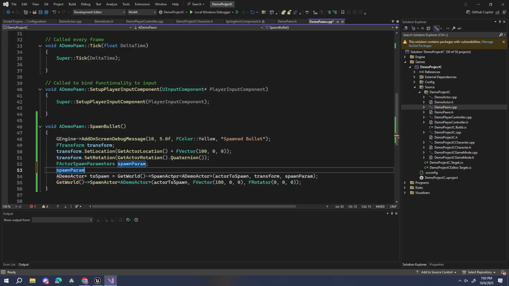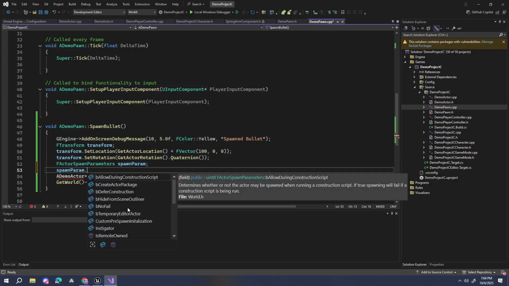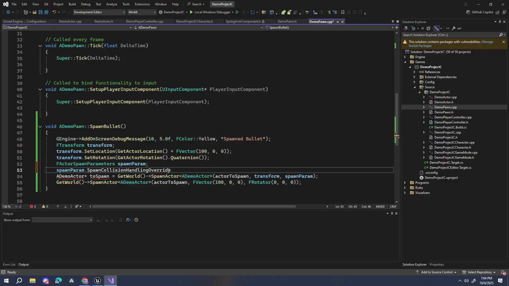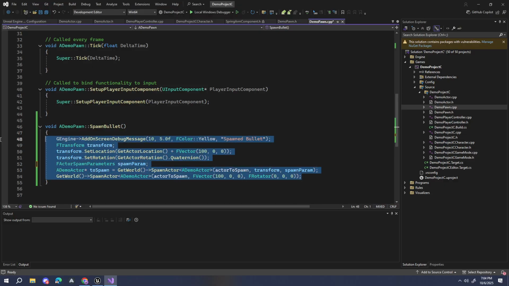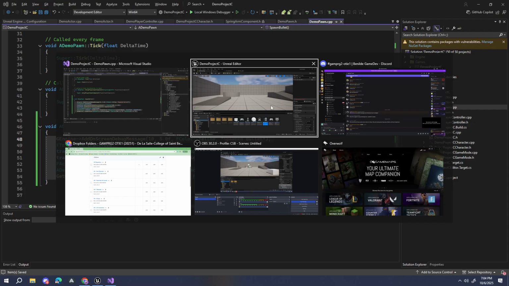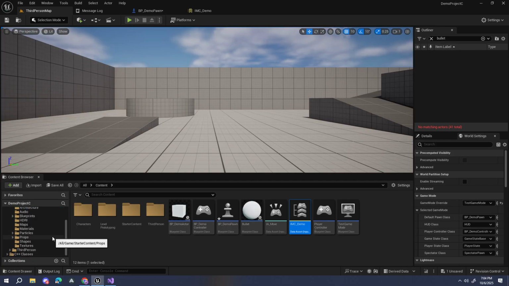Like, oops, if you need to do the spawn collision handling. So you can do that. Okay? So, no questions? Clear? This clear? Clear. Okay. If that's the case, we can go to our